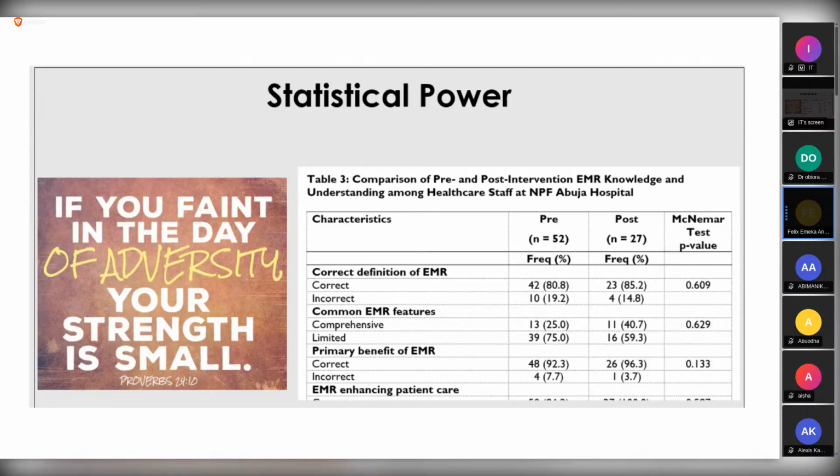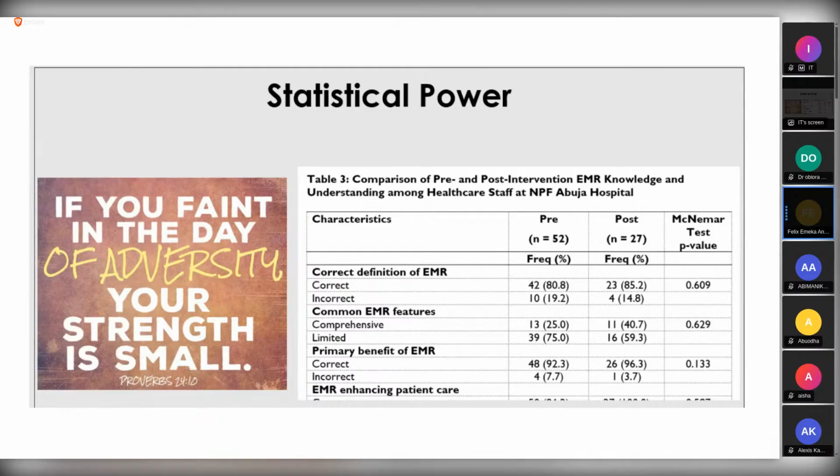In two means, you use the paired student t-test. You remember, if you're checking for differences in two means from a pre and a post, you use the paired student t-test. But if you're checking for differences in two means that are independent, you use the independent student t-test. So that's the same way it is here. If you're checking for differences in independent percentages, you use chi-square. But if you're checking for differences in paired percentages, like a pre and a post, you use McNemar.